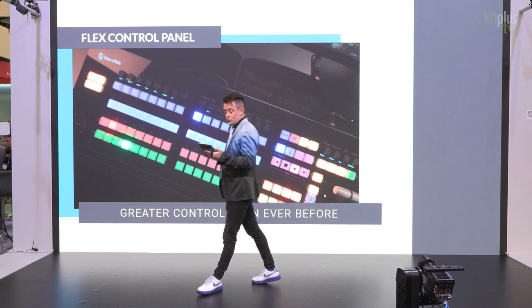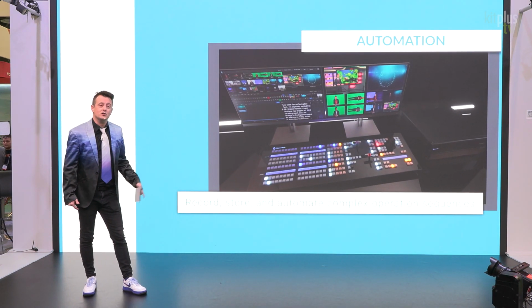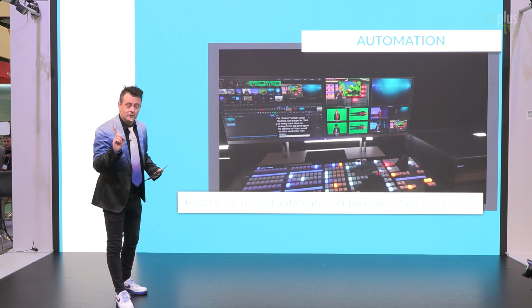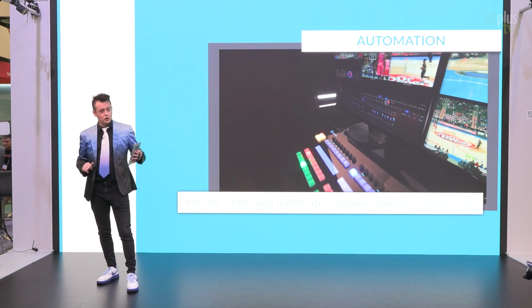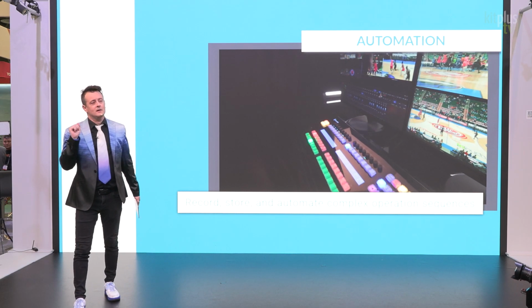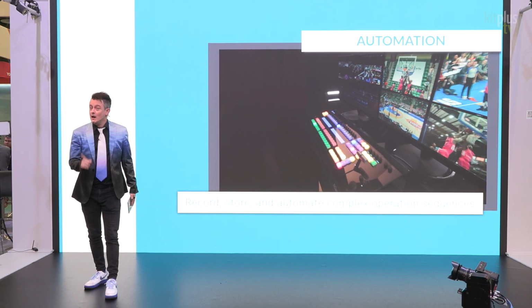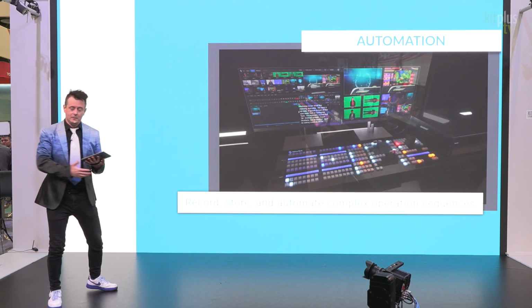Now, for more control over your show, automation tools let you record different actions on the TriCaster and then play them back with just a touch of a button. So, macros, as soon as you click them, you get a consistent action that allows you to automate your show confidently and reliably. And macros can be triggered by pretty much anything.